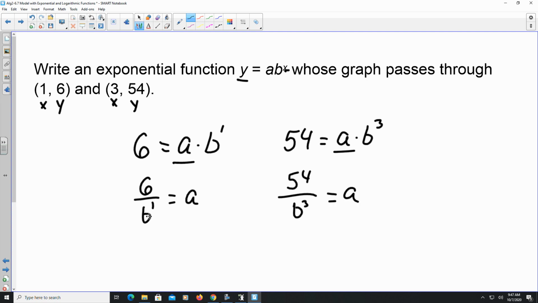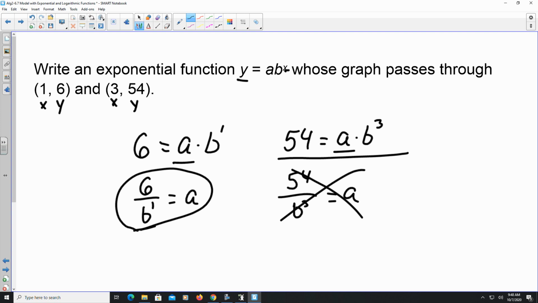All right, so what you have to identify is which value of b has the smallest exponent, all right? And the smallest exponent here is b to the first. So what we're going to do is we're going to look at this equation here. I'm going to kind of omit this one here,